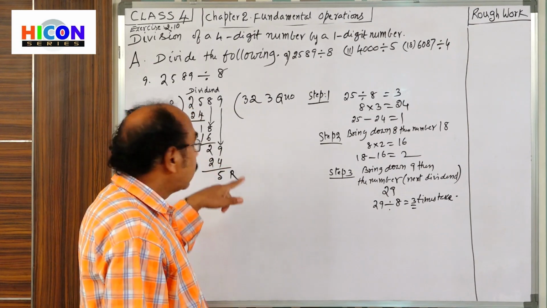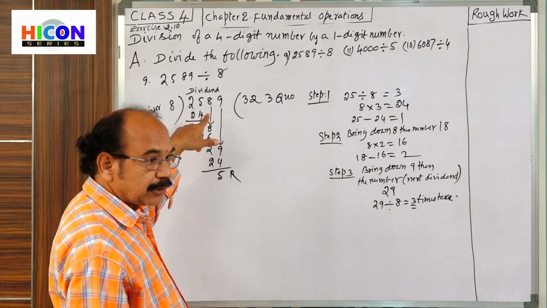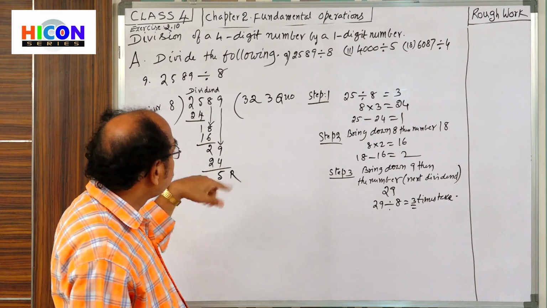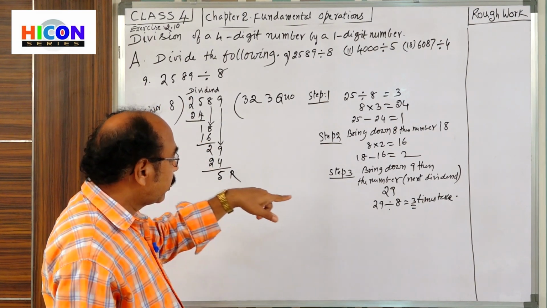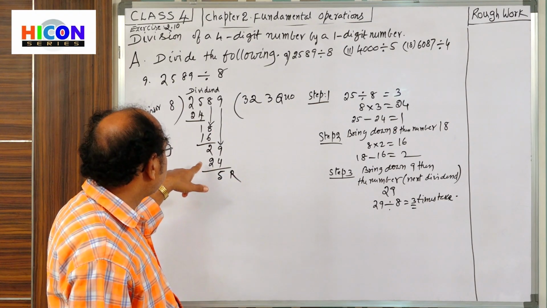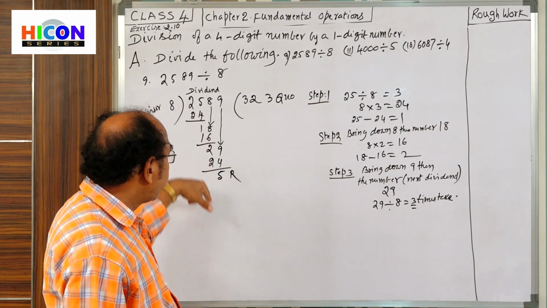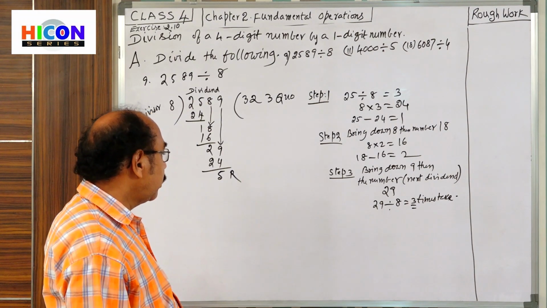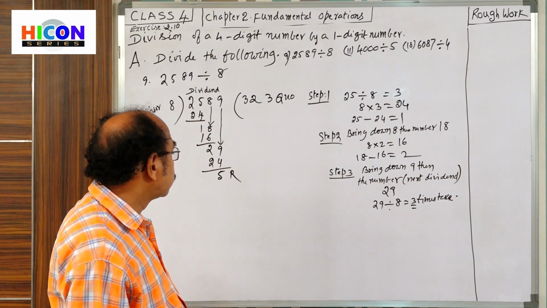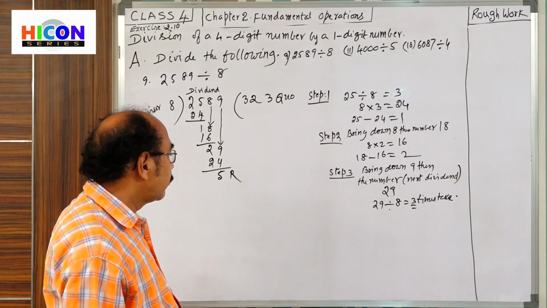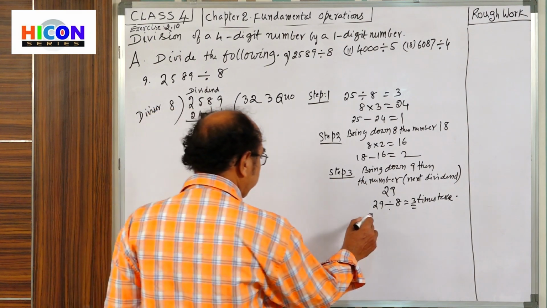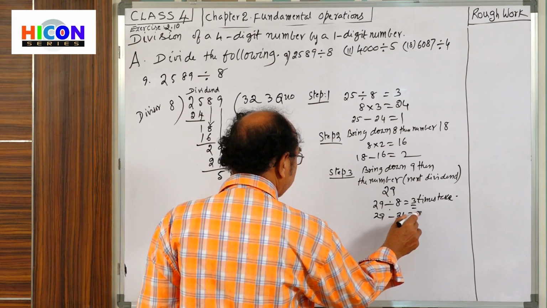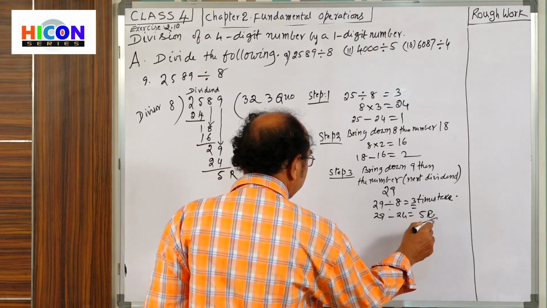5. All the digits taken from the dividend were brought down. That's why here 29 divided by 8 means 3 times; 8 3s are 24, remainder is 5. This is the process. Okay, children, so here from 29, what is subtracted? 24 subtracted. That is equal to 5. This is the remainder.